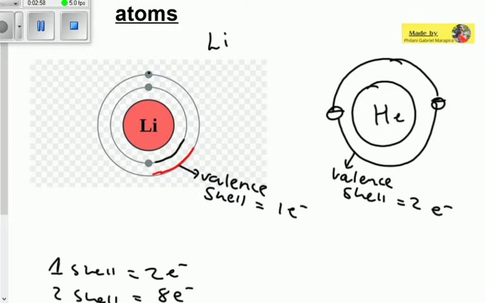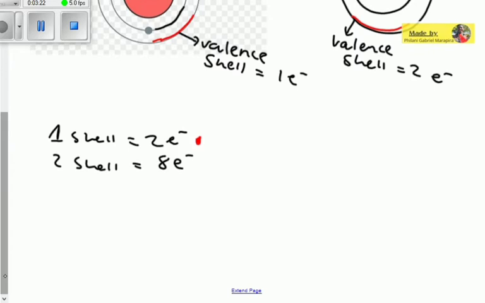Let's do a comparison with the valence shell of helium. You can see that in helium, the valence shell is filled. It can hold up to 2 electrons, as we indicated. Therefore, the fact that it holds the maximum number of electrons it can means it is a stable atom. So stable atoms, here is something you need to write down, that stable atoms